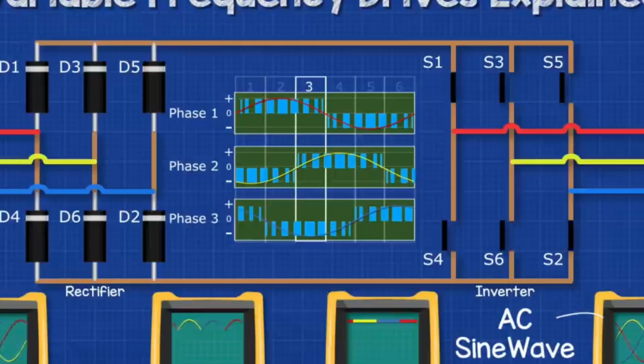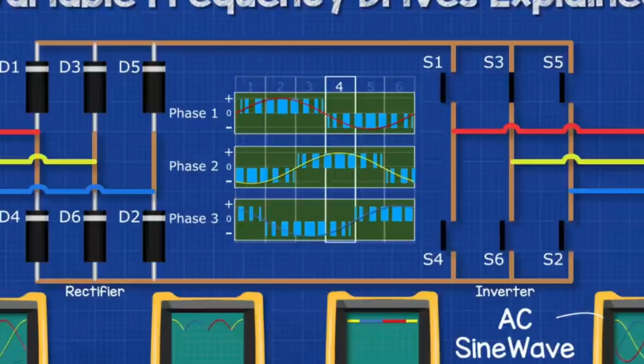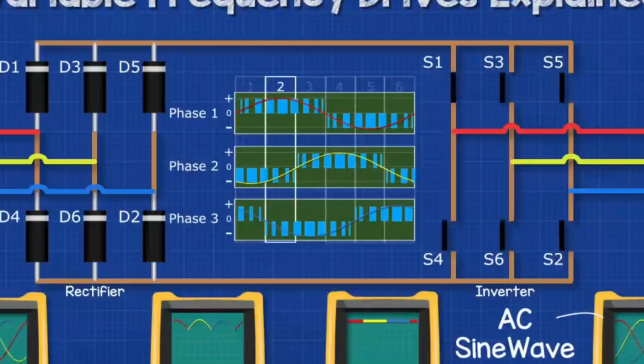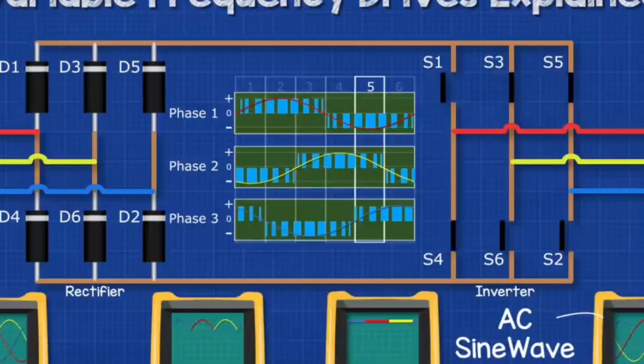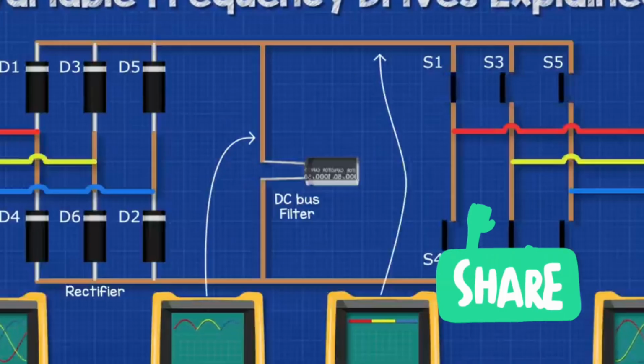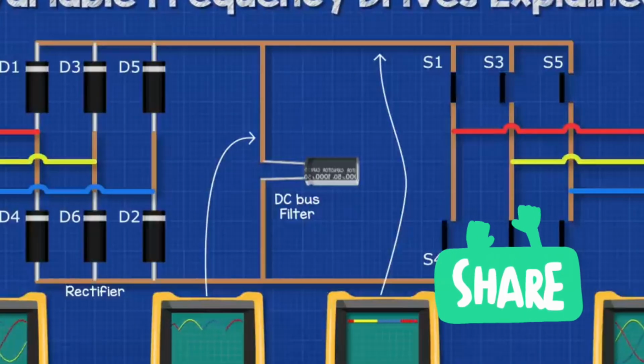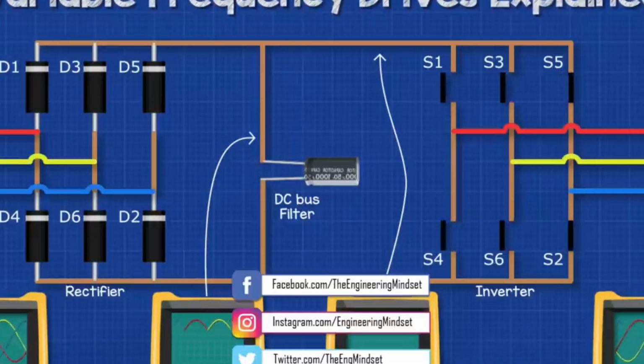So coming back to our VFD circuit, we're going to use the controller to rapidly open and close the switches to vary the output frequency and voltage. So by combining the rectifier, the filter and the inverter, we therefore get our variable frequency drive. And this is what is used to control the speed of electrical motors and unlock